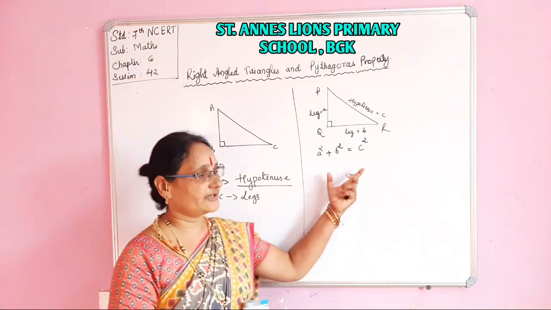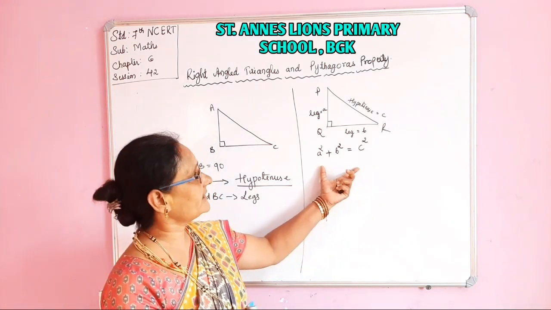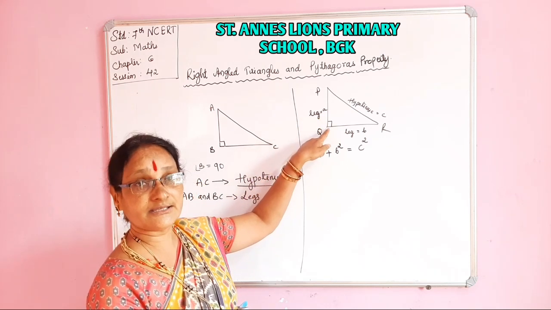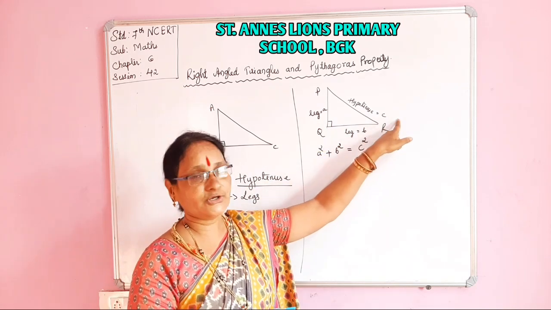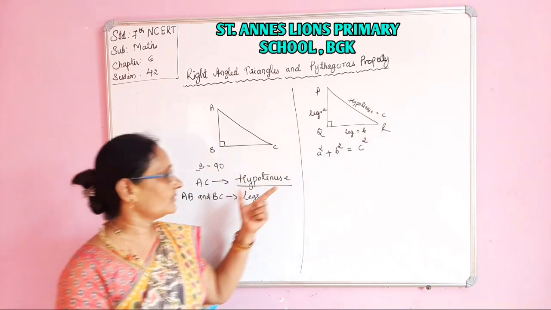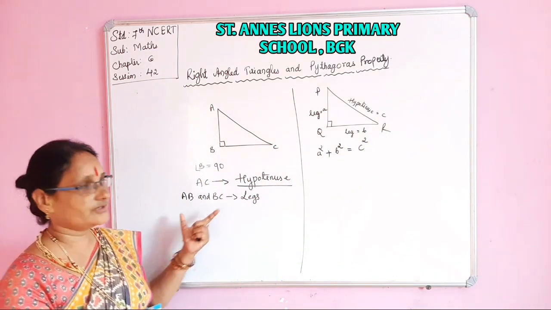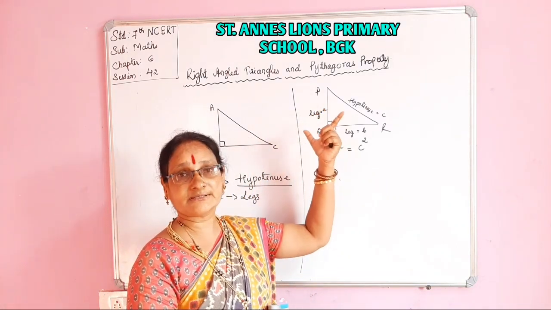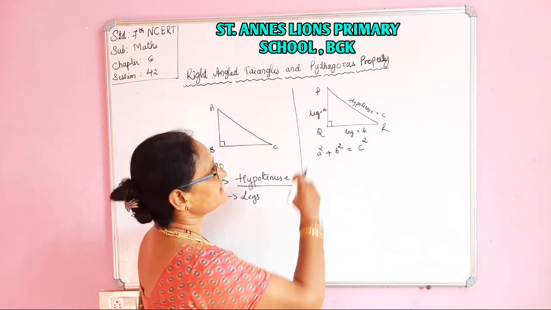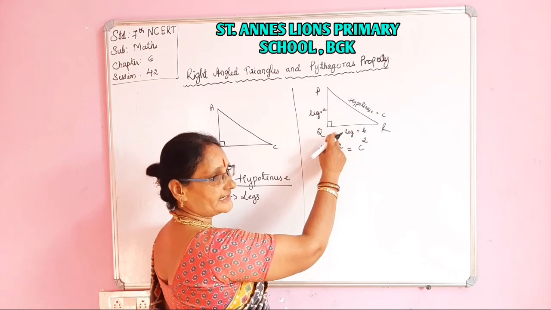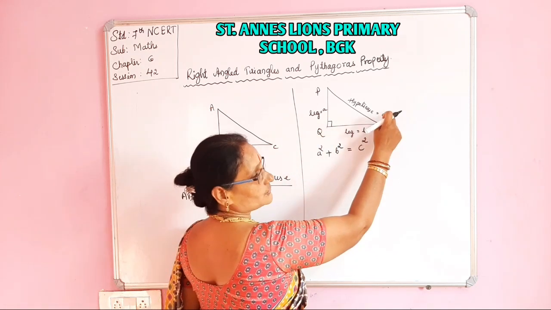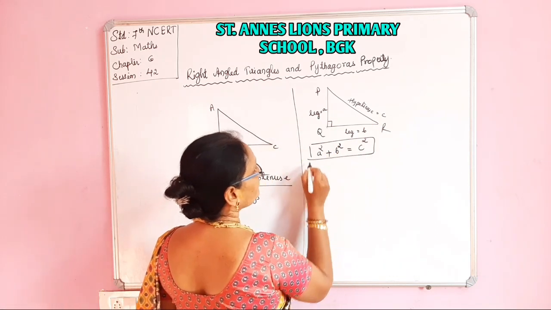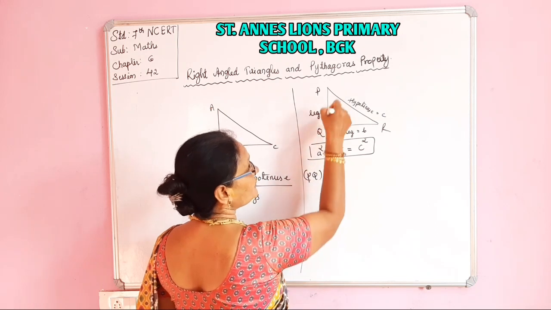This property is very well known, the property of Pythagoras. What is that? The sum of the squares of the legs of a right angled triangle is equal to the square of the hypotenuse of the right angled triangle. This is what we have learnt here. Using these terms only, we are forming one property, that is the Pythagoras property. Pythagoras is the name of the famous mathematician. His property says that the sum of the squares of the legs of a right angled triangle is equal to the square of the hypotenuse. So this is very, very important. This can be written as, suppose sometimes PQ will be given.